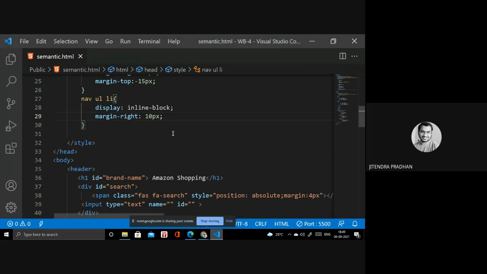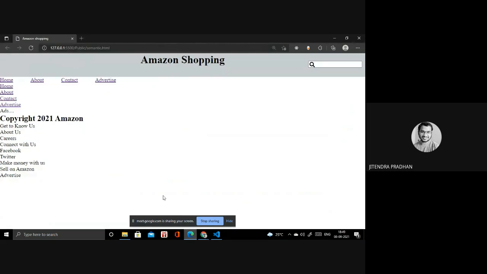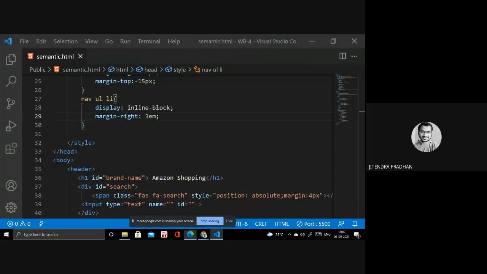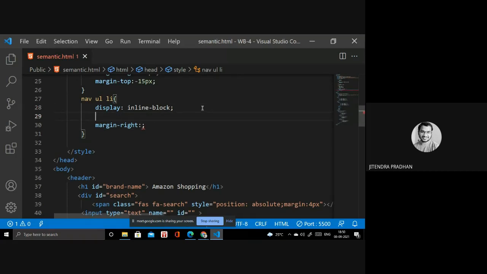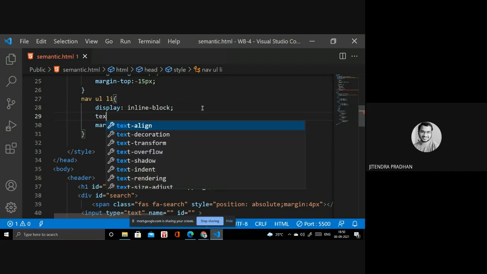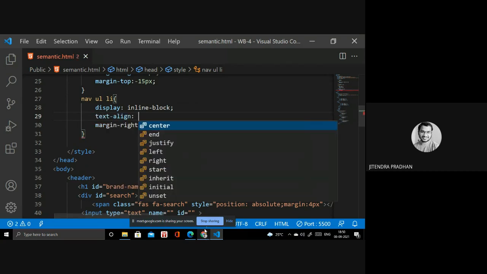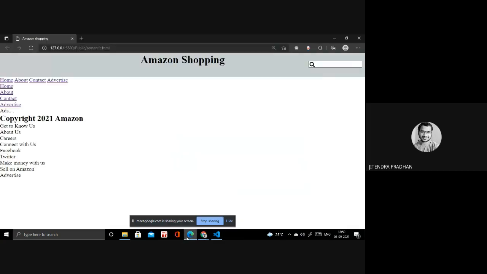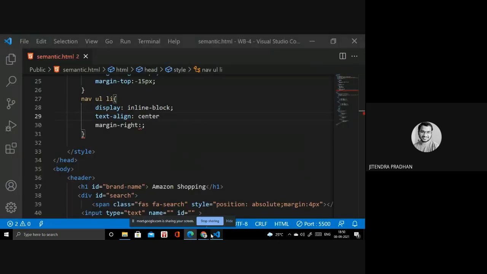So you have to use like 3em. That's better. If you talk about what is em, this is a unit. Okay. So I will write inside text-align center, then I will change. Right. Let's look now. Better. Okay. It's like something 20 pixel or like 5em.